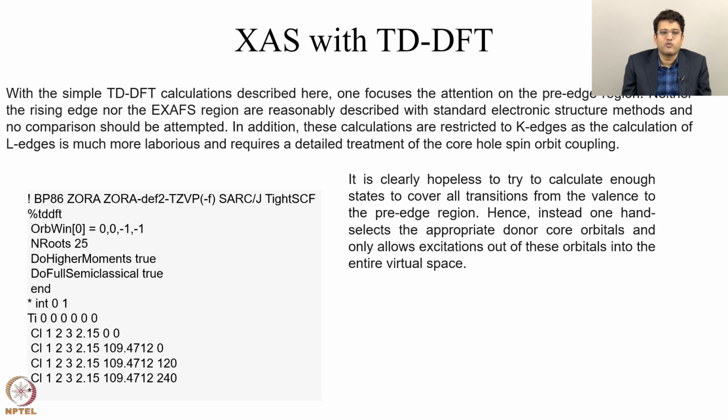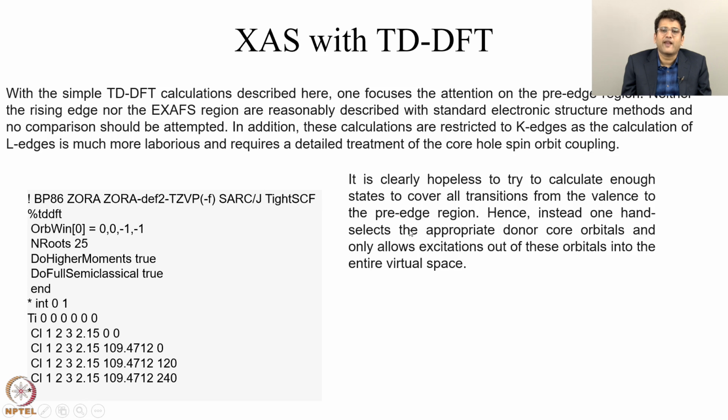So, now this is how an input file will look like. ZORA will give you the relativistic effect. I am using BP86 because I want to do the calculation fast, and for ZORA you need to use this special ZORA specific basis set, and you need to use this */J for the J basis set, and for the TDDFT input file,